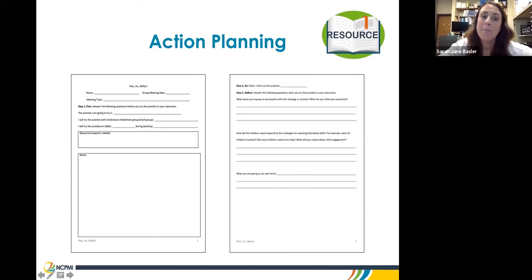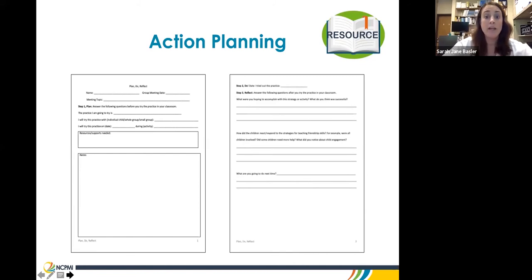And then the back page of the action plan had some questions for self-reflection. So we would send teachers on from the meeting with their plan. The goal was that they would try it in their class, they would video themselves, and even if they weren't sharing a video, we would want them to at least video and self-reflect.